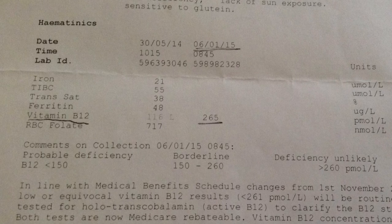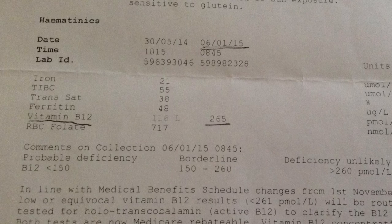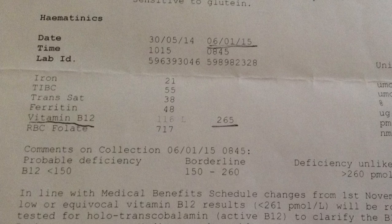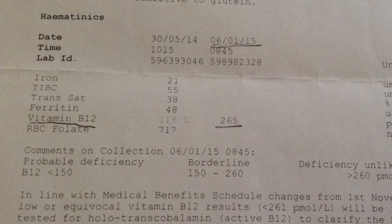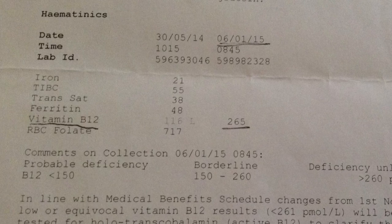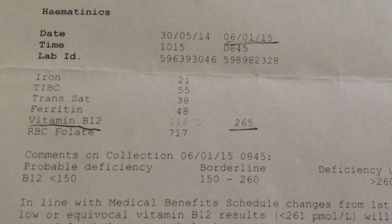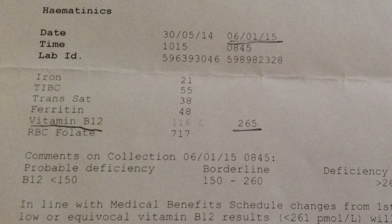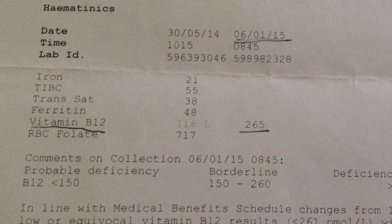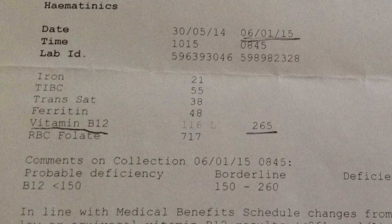Now, this was done by having 3 injections of hydroxycobalamin over a period of about 3 to 4 months, which was absolutely amazing. I have done some research and I have noticed that the levels in Australia are significantly lower for being classed as deficient. In one country I read that being deficient is from 500 and under, which is quite interesting. So guys, do your research, find what works best for you, and if your levels are deficient, then I highly recommend that you have the 3 injections of hydroxycobalamin if you're in Australia,